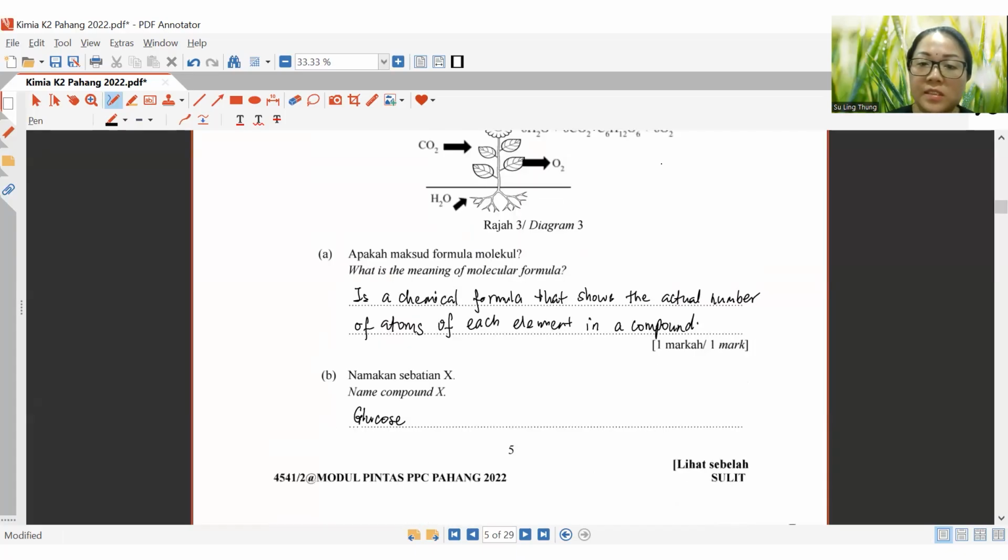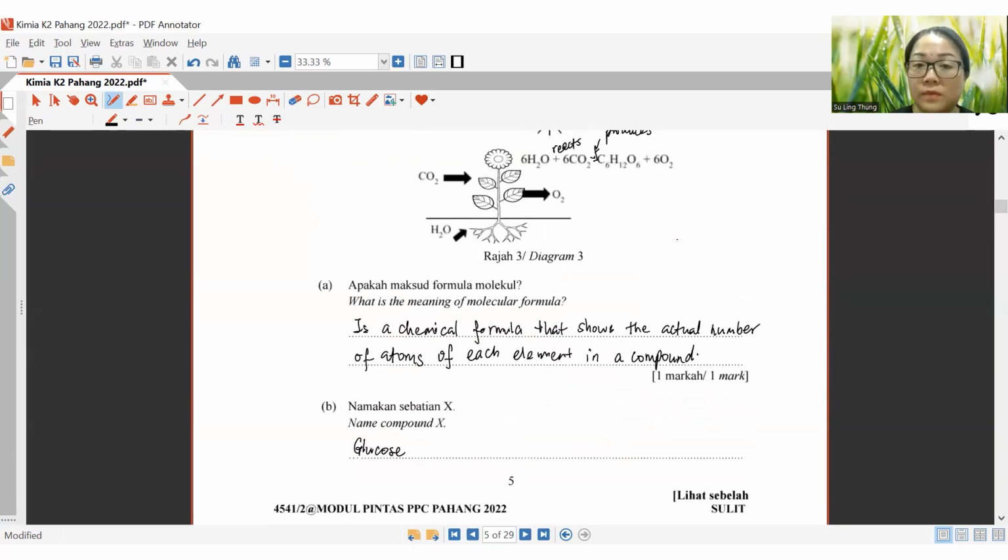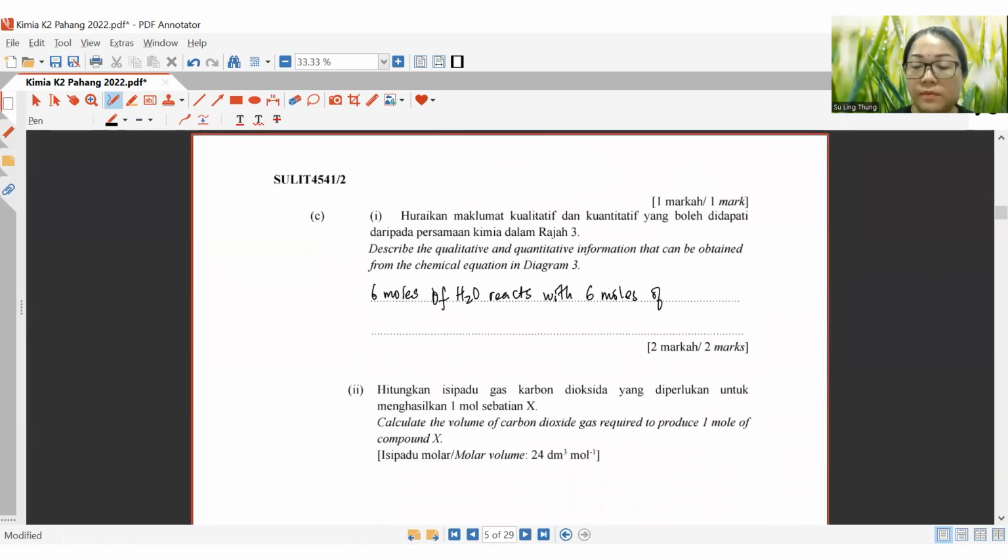So 6 moles of water, or if you don't feel comfortable writing in full, you can say 6 moles of H2O reacts with 6 moles of CO2